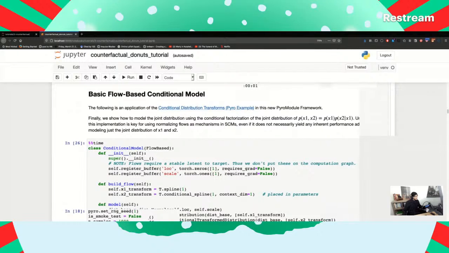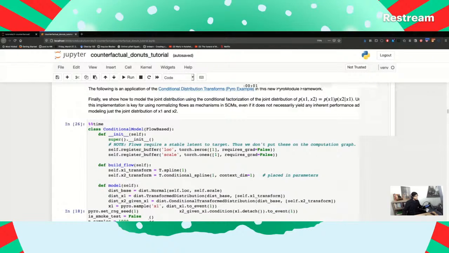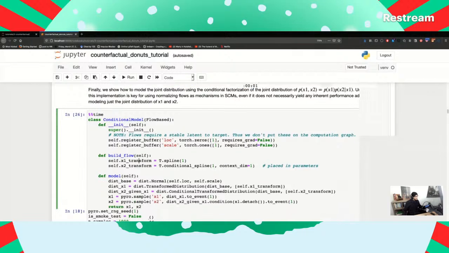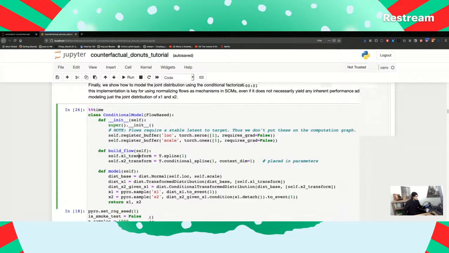So it looks like, I see, our flow in this case is using a spline to model X1 and then a spline conditional on X1 to model X2.